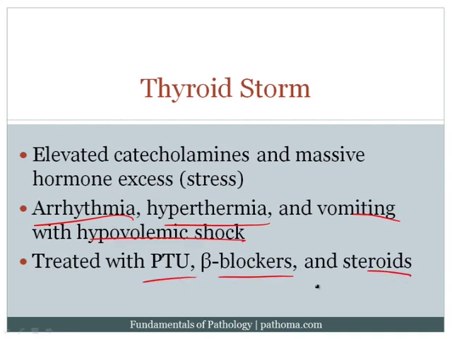beta blockers, and steroids. Recall from pharmacology, particularly high yield, that PTU inhibits peroxidase-mediated oxidation, organification, and coupling. As I've already explained, all three of those steps are also going to be inhibited by PTU. In addition, PTU inhibits the peripheral conversion of T4 to T3. Recall that the major hormone released by the thyroid gland is T4, and then T4 gets converted peripherally to T3, which is the more active form. And so PTU will also block the peripheral conversion of T4 to T3.